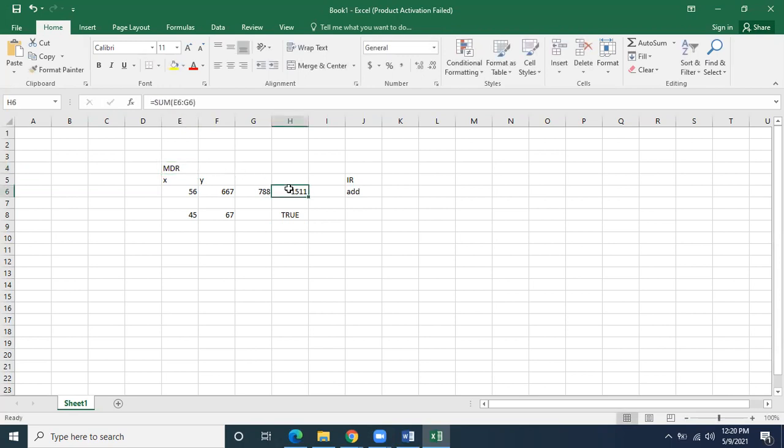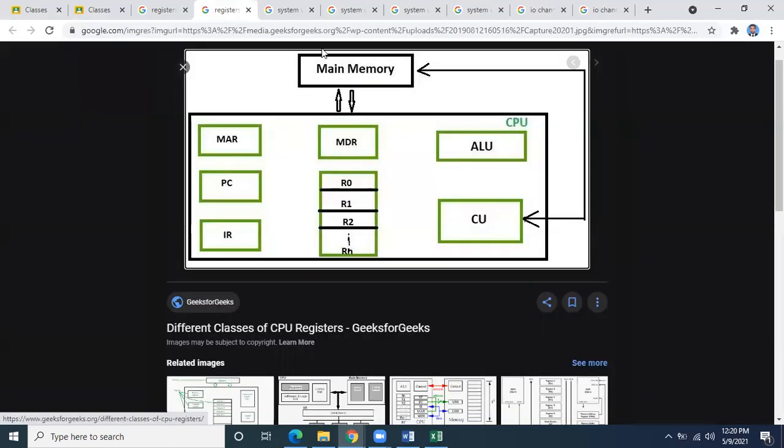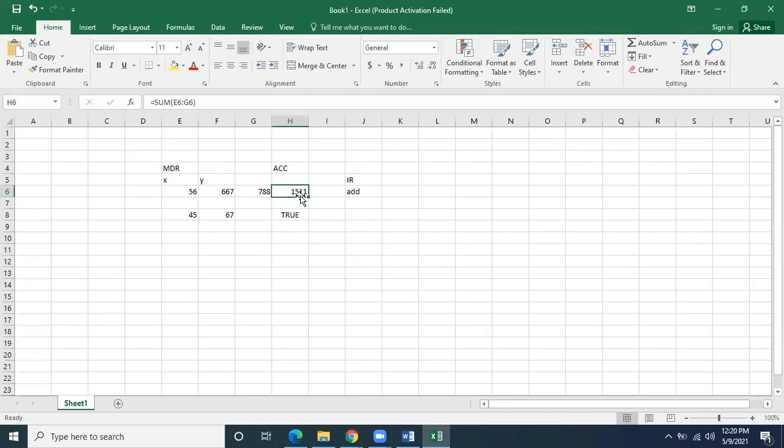Now, when the answer comes, where will the answer go? The answer will go to the accumulator. The accumulator is the register which stores the answer. Then, as you see in the diagram, the answer will be sent back to memory, and from memory it will come to my screen, and I will be able to see the result on my screen. This is clear now.